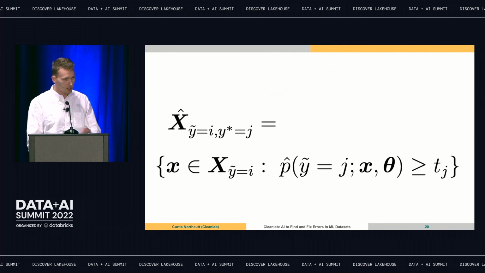This is the final equation, and that normalization is going to occur right here with this greater than, but we're going to do it in a smart, robust way. Instead of subtracting or dividing, we're going to use greater than or equal to. Here's the idea. You have a class J, and you get the threshold for that class. Say J is dog. Then for a given example, you ask, what's the probability of dog for that example, given that the example is actually labeled as a different class I?